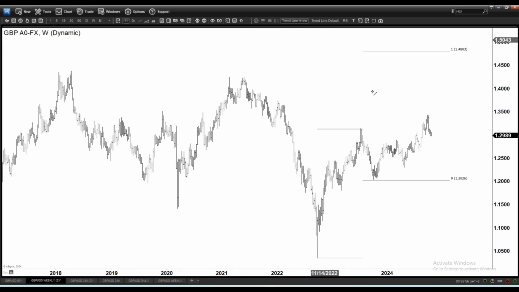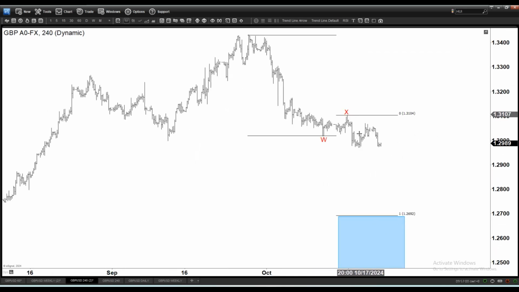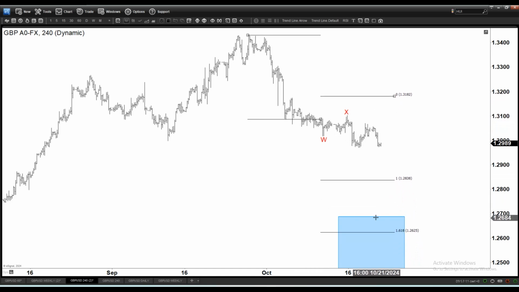So this pullback, therefore, if we assume using this one as the connector, then it can go to 127. If this is the right connector, then it's going to be higher, right? The 100% is going to be higher. It's going to be over here. So we don't know for sure 100% because the connector is not very clear. But if this is indeed the right connector, then we can expect 128.40, 126 is where we can find support,